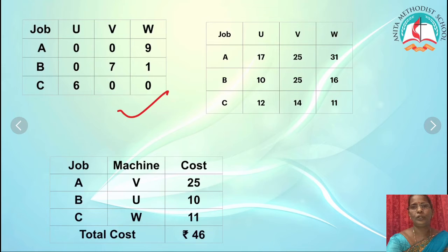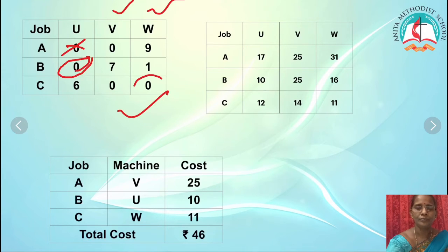Now I am going to check where we have exactly one zero. The first row has two zeros, so I am going to assign this one. Now the third row I cannot because I have two zeros. Now I am going to check column wise. When you are marking row wise, the other zero you have to strike out. Column wise, you have two zeros, and here you have one zero, which is this one. So we have assigned one more.